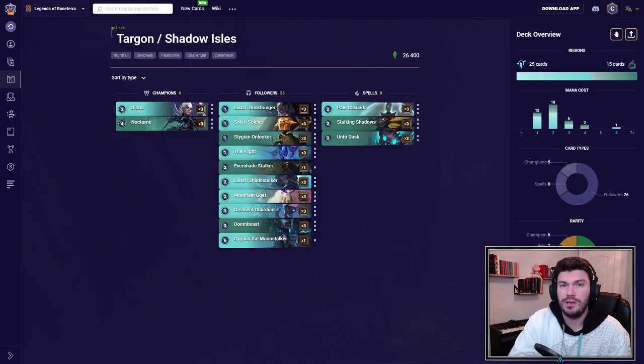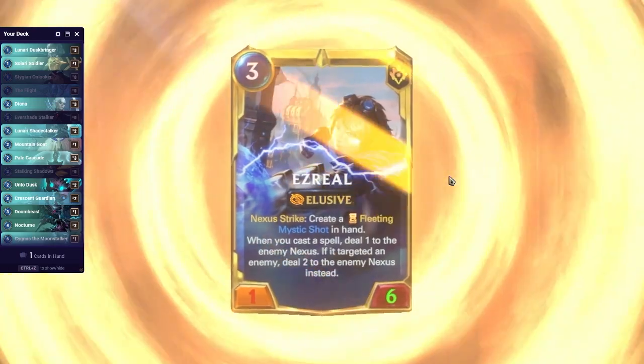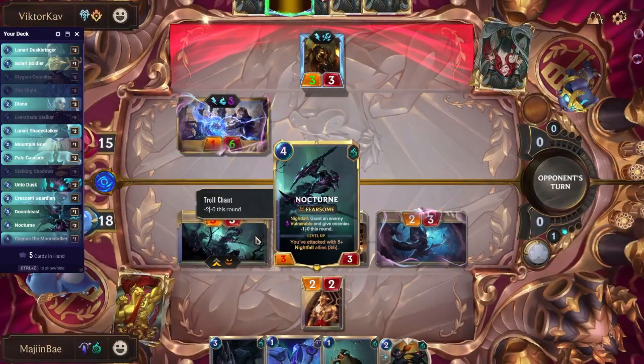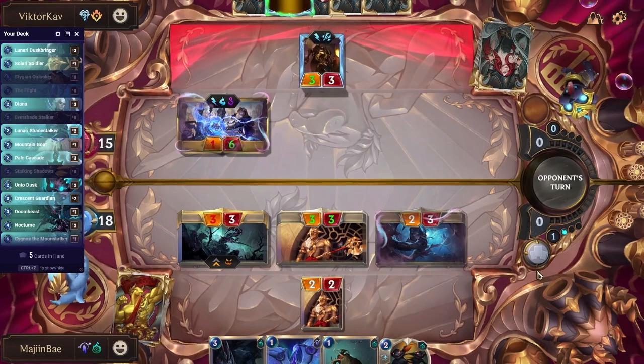Some quick advice as far as mulligans are concerned. I always keep Lunari Dustbringer in my opening hand. I do keep Nocturne if I think that we're going to get to that point where a leveled Nocturne will be necessary for me to win the game in very board-centric matchups without a lot of removal, such as Demacia decks. I try not to keep Stygian Onlooker in the hands as a 1-drop because I don't want to play